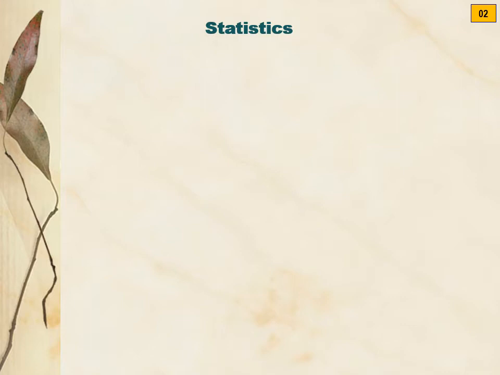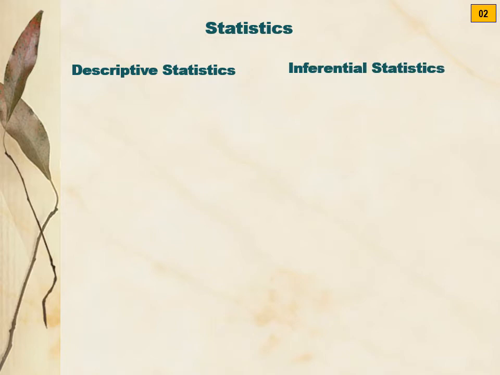Slide number 2. We know that statistics can be classified into two categories: descriptive statistics and inferential statistics. Descriptive statistics we have finished. It includes tabulation. Descriptive statistics means different ways to describe your sample information. We have completed tabulation. We discussed the graphical presentation of data, the constants, measure of locations, measure of dispersions.